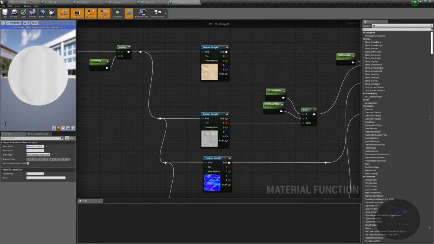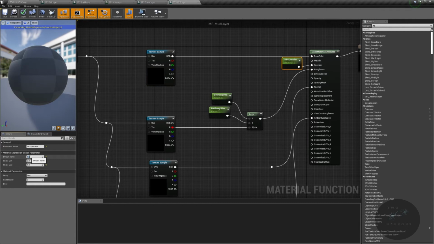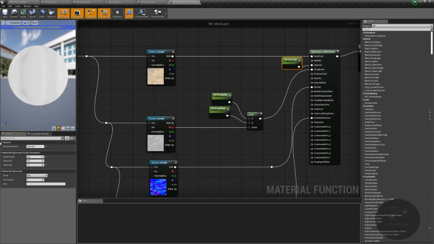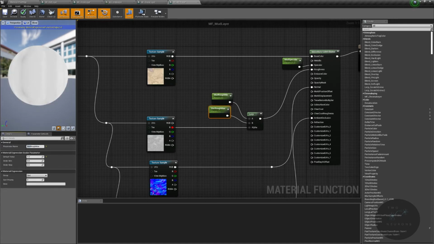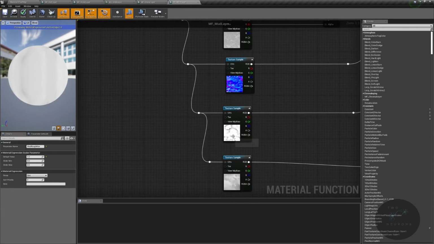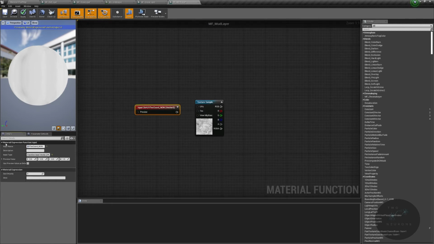UV. This is our mud specular, which we will default to 0.2 in this case. And again, get rid of the dirt, put this in the category of mud. This is our mud rough min, which again, we'll leave at 0. And then our mud rough max, which again, we'll leave at 1, but change the category. And this is our mud